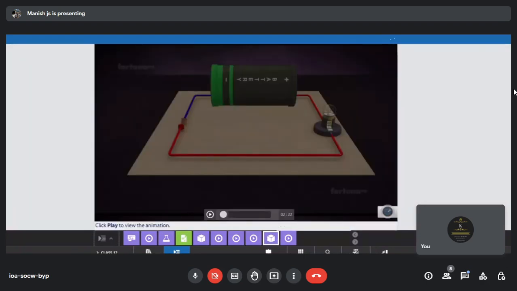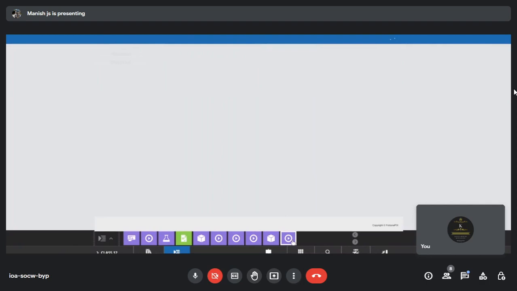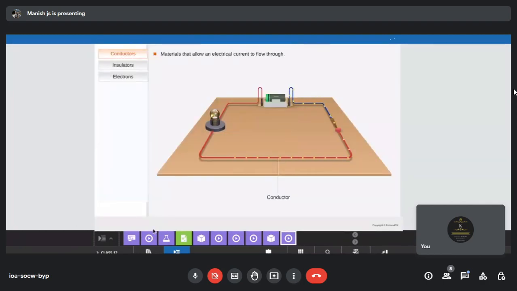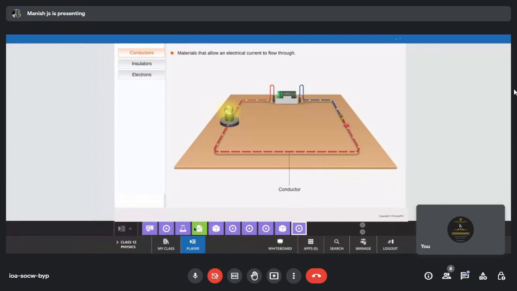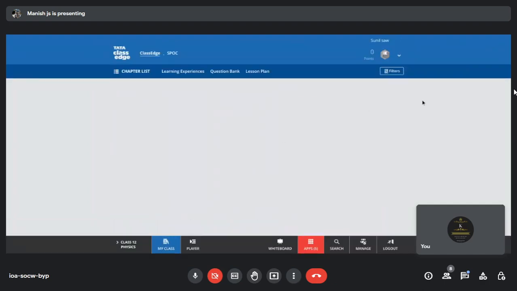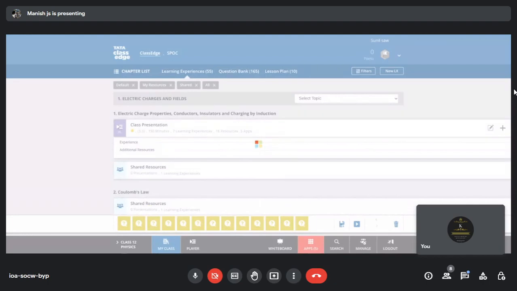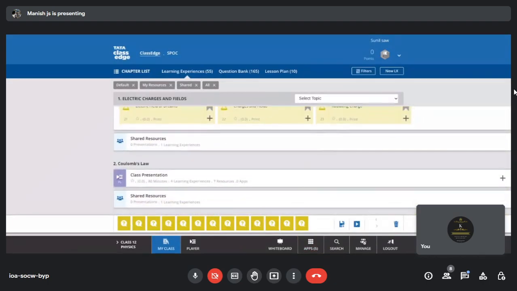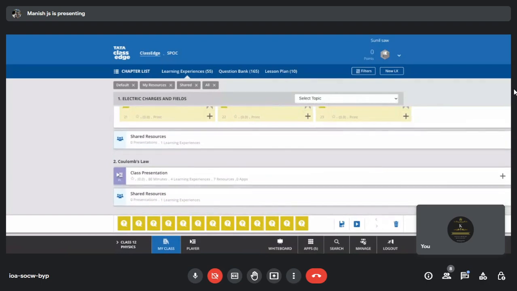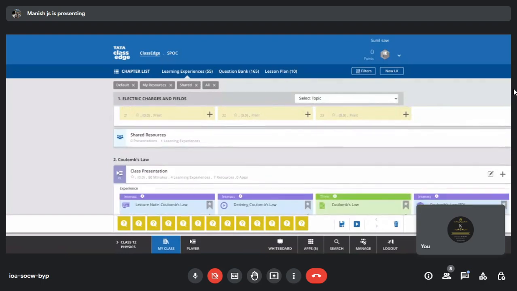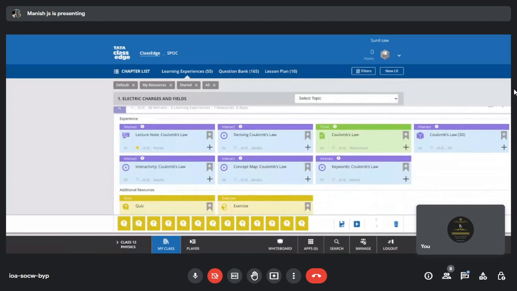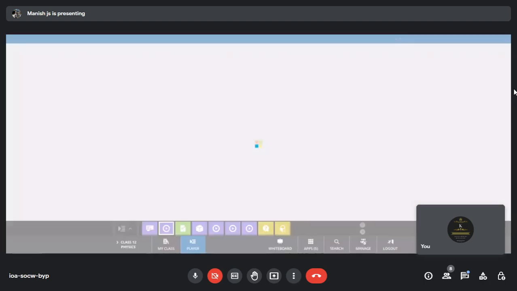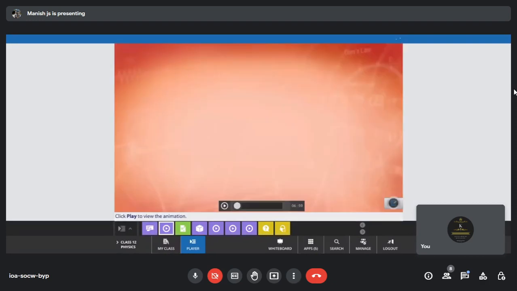Okay. Next, conductors and insulators. That is quite simple only. We'll move on to the next module. Next one, then Coulomb's law. Again, we will see what is the